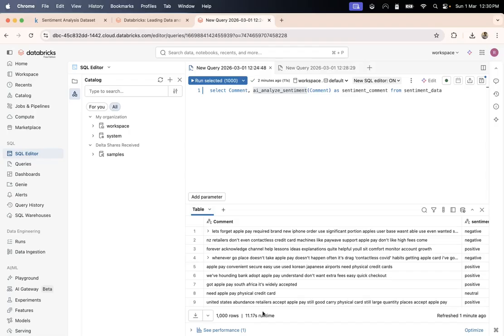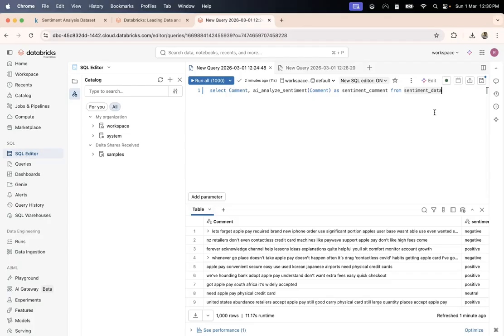Okay. All right. Now what we can do is, we can take this query and attach it into a Lakeflow job. You can think about creating an automated pipeline which does this automatically for each incoming data that is being streamed into your Databricks catalogs, or maybe you can connect this to some other sources as well. If you want me to cover that as well, maybe I can cover that in some later videos, because this is not the scope of this video. So I hope you understood.